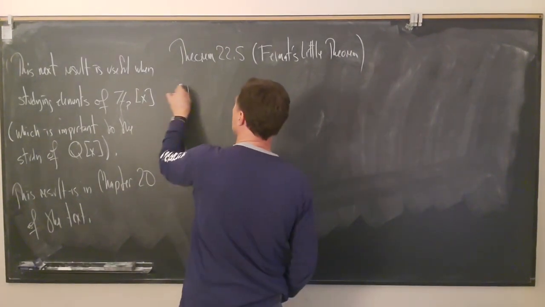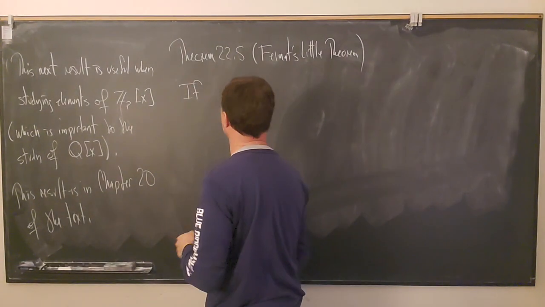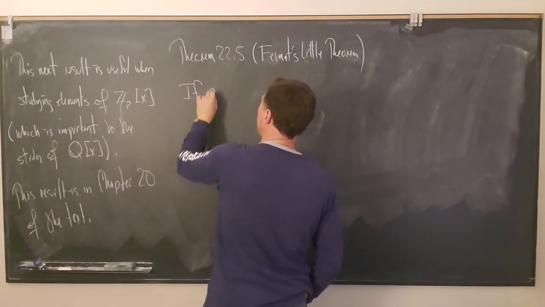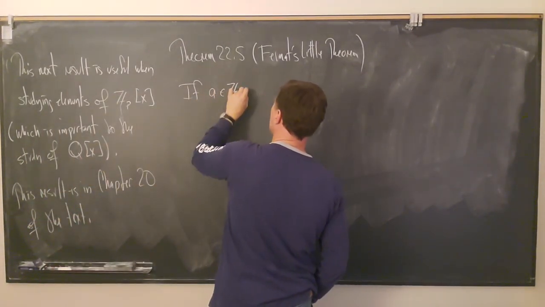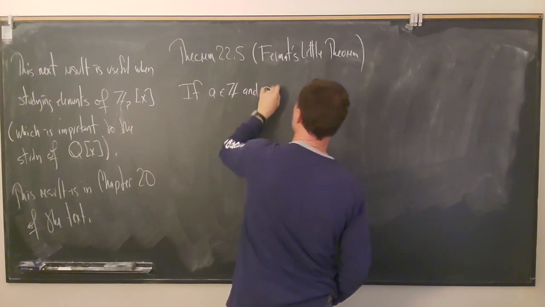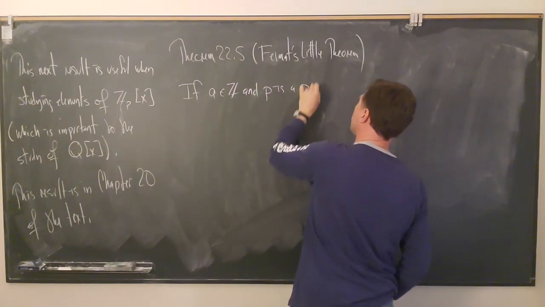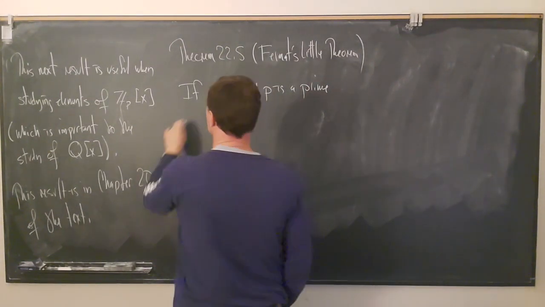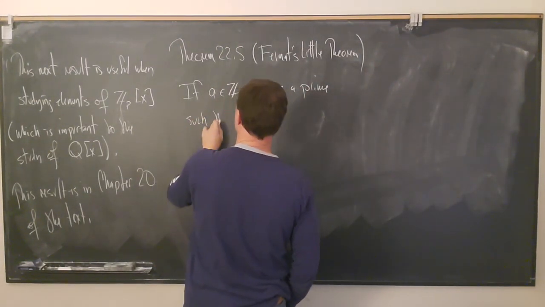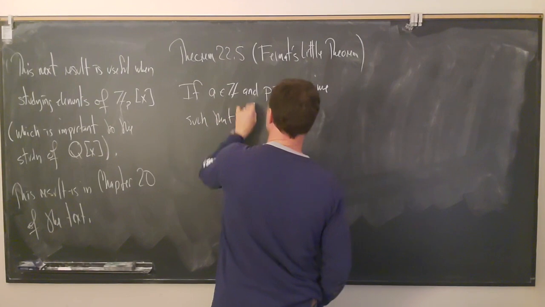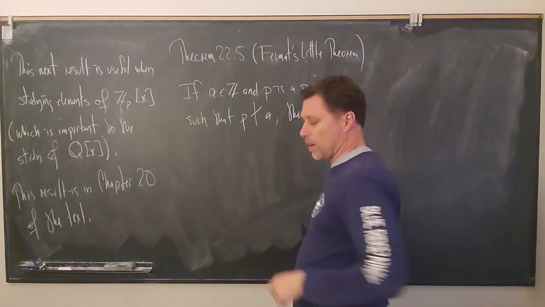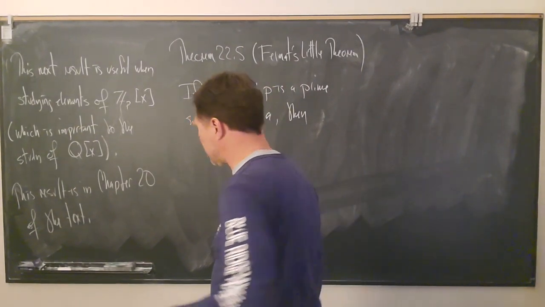Let a be an integer and p a prime such that p does not divide a. Then, and if you take number theory, you've probably seen this,